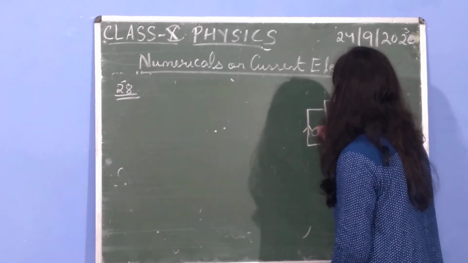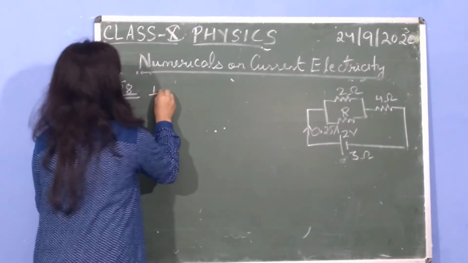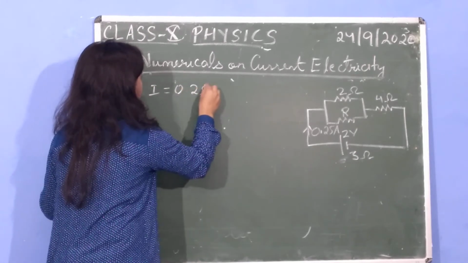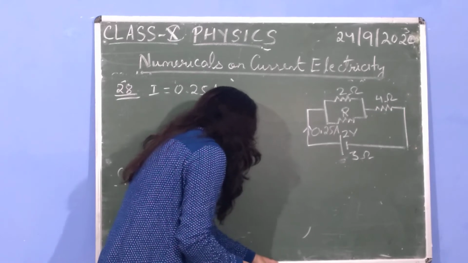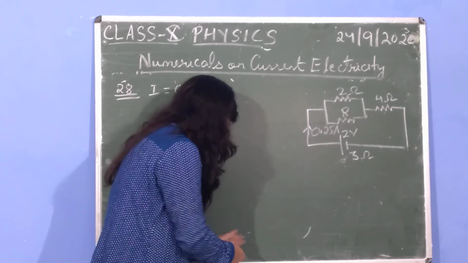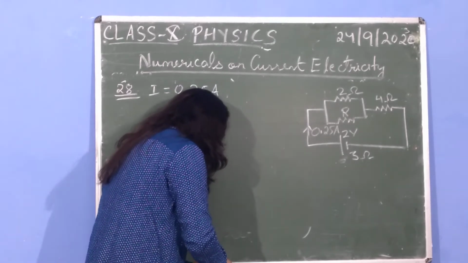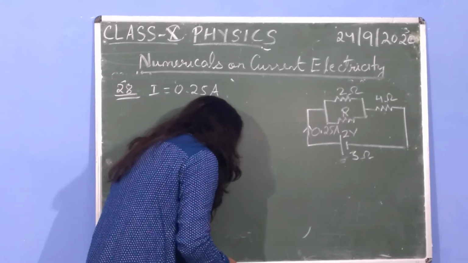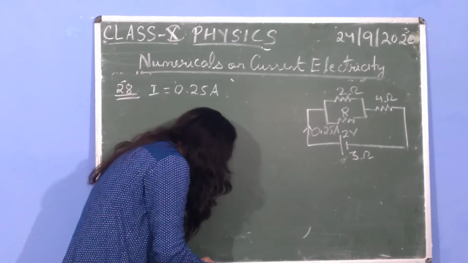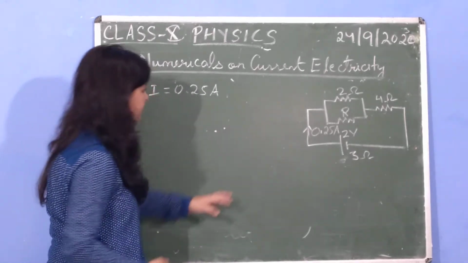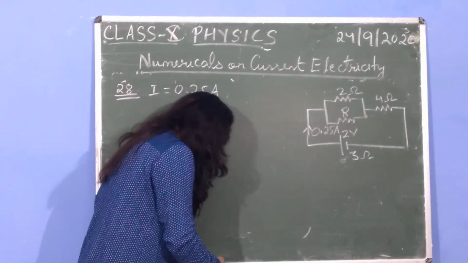The supply for which is 0.25 ampere. So the current here is 0.25 ampere. Okay. First part of the question is to calculate the potential difference across the 4 ohm resistor. So I is 0.25 ampere. Then equivalent resistance, that means total resistance for all these components taken together is,